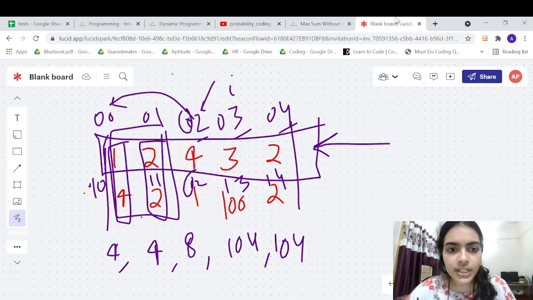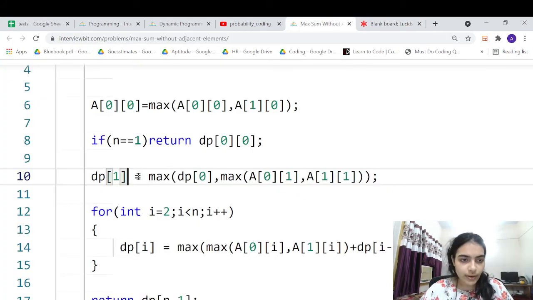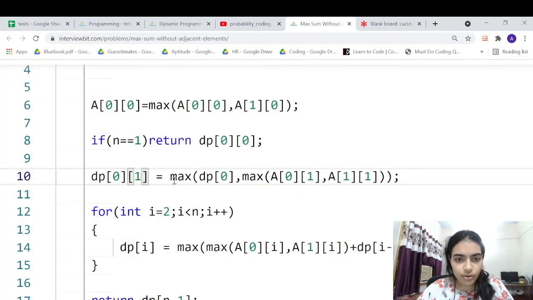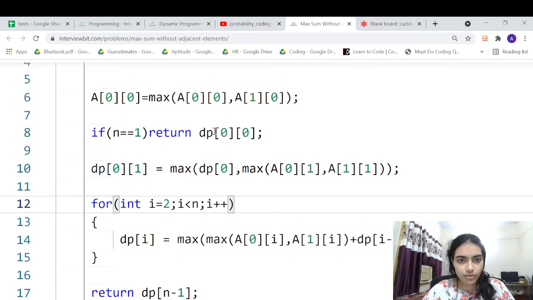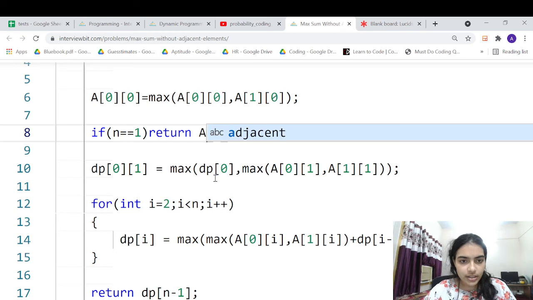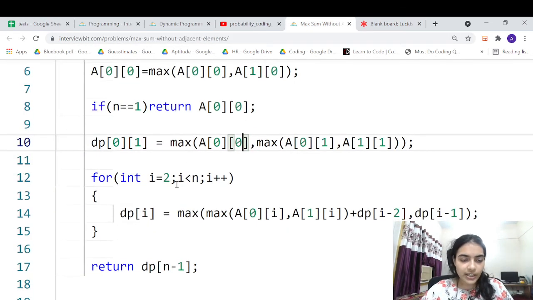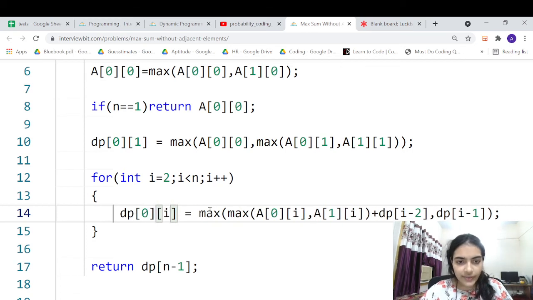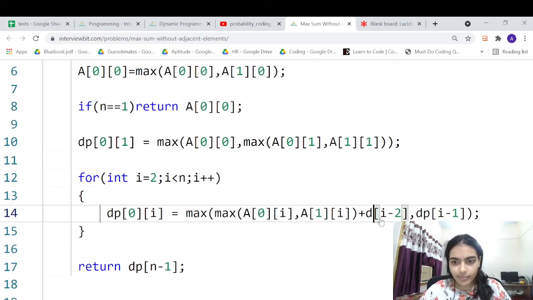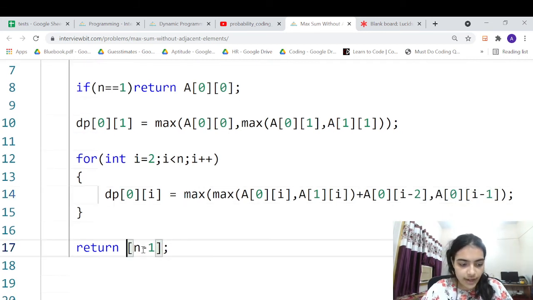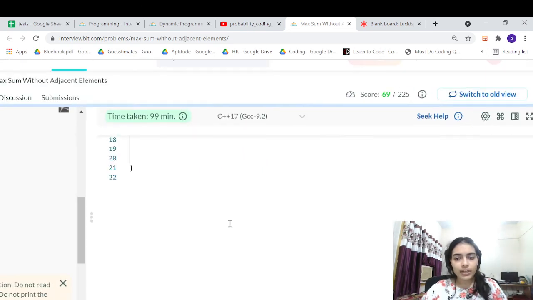This is always the first row. So this will be 0 1. In the first row, I will just use these values. So I will return a0, and here I will use a of 0 0. Always the first row will have 0 i, right? That will be the condition. So in place of the earlier index I will give 0 i. And in place of dp, I will give i, and I will give 0 here. That is the only thing. So we can just accommodate it within the array itself. We need not use extra space. And then last also, I will just return a of 0 of n minus 1.